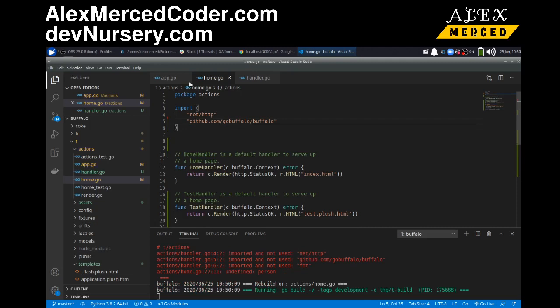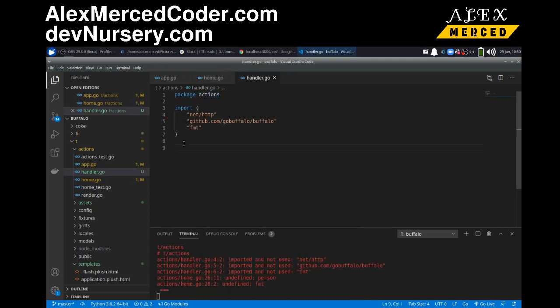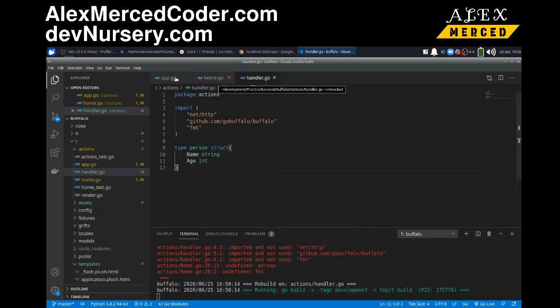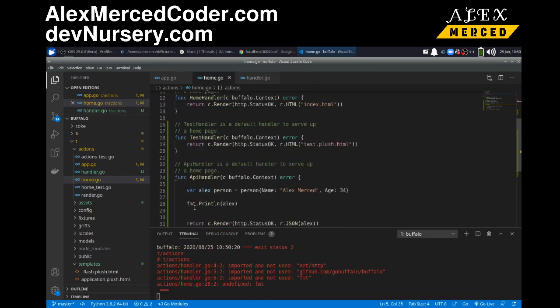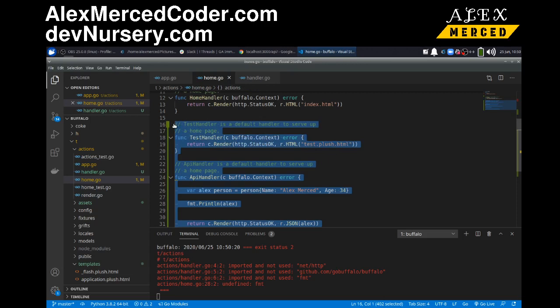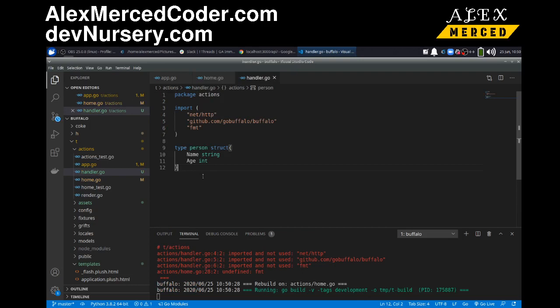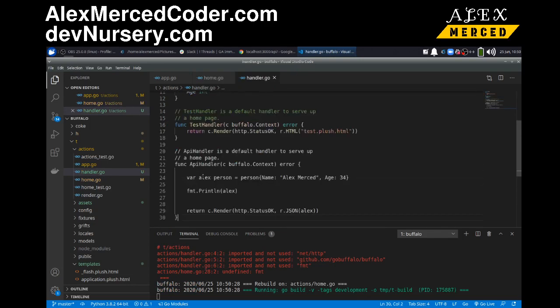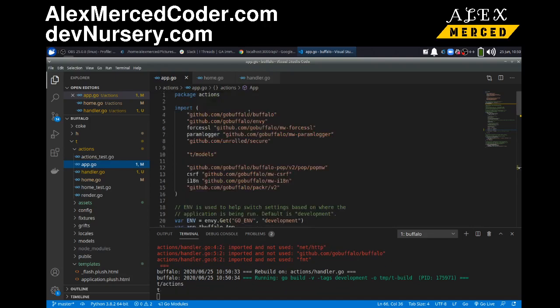So I'm going to just take that out, go back to handler, put the struct over here. Okay, and then I'm going to take all my handlers, other than the default handler, out of here. Put those down here. Okay, and then that should get us back up and running. Let me see. I don't think I need to import it explicitly because they're part of the same package, so you generally don't have to import